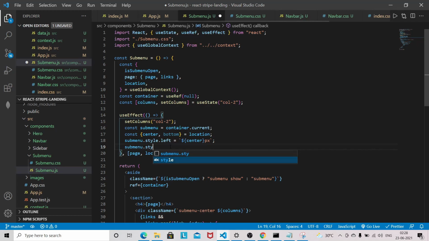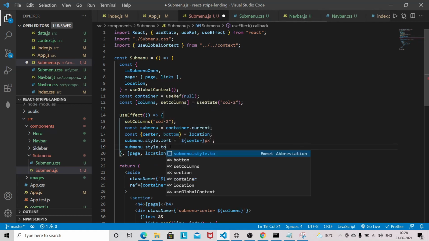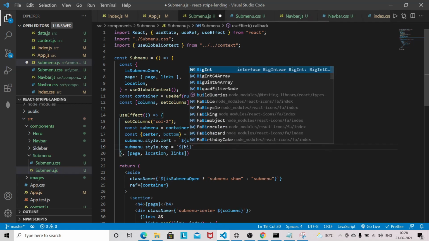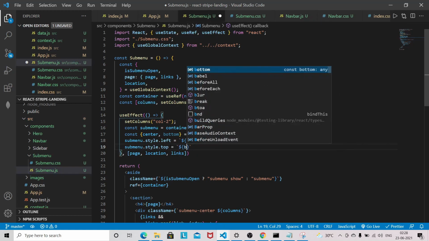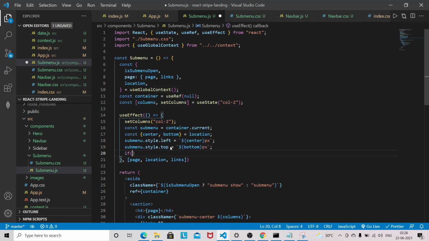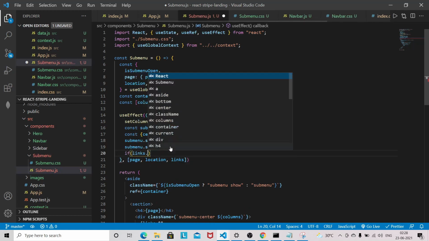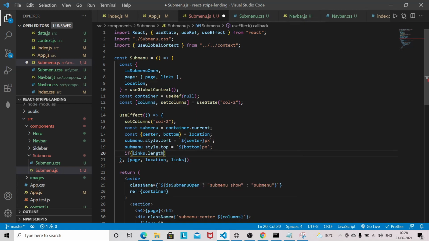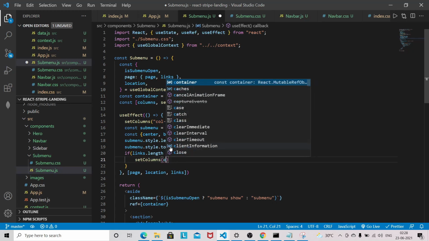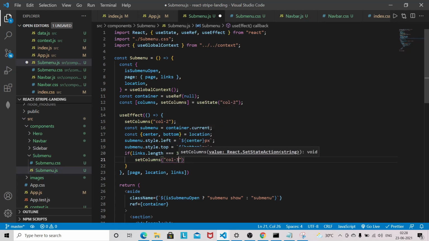So submenu style dot top is equal to bottom, and it will be pixel. Now if links dot length is equal to 3, then set the column col-3. So col-3.